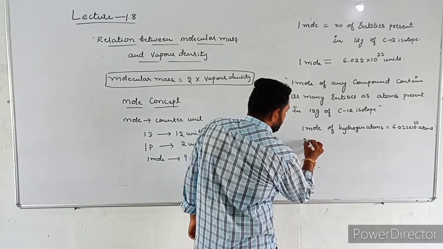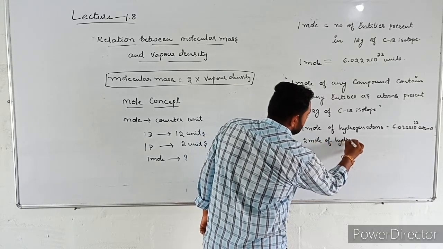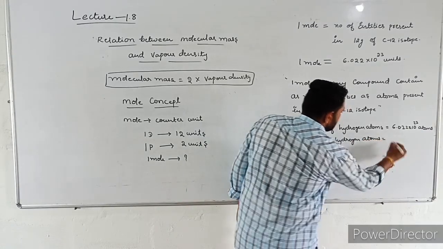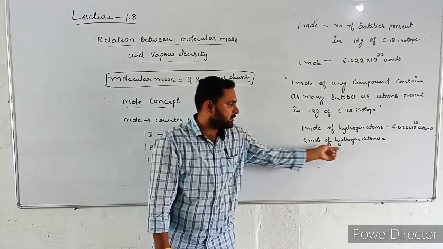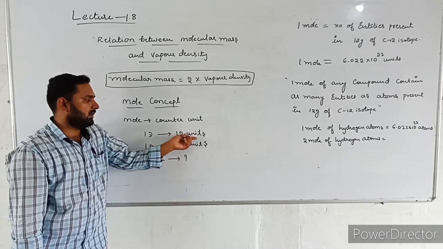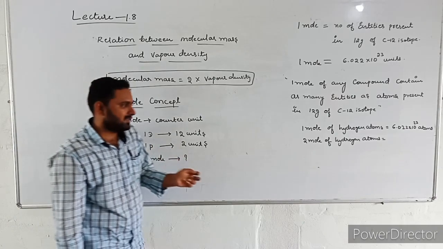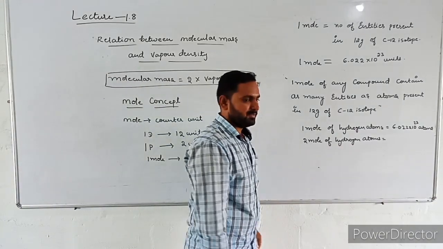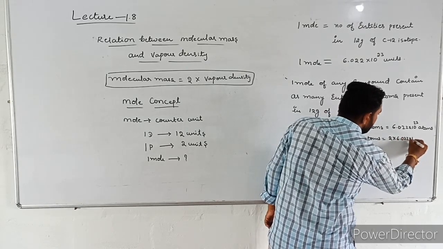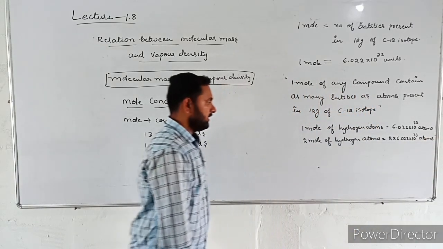Then 2 moles of hydrogen atoms is equal to how many atoms? See here, 1 dozen is equal to 12 units. 2 dozen is equal to 24 units. Similarly, 2 moles of hydrogen atoms is equal to 2 into 6.022 into 10 power 23 atoms. Okay. Next,